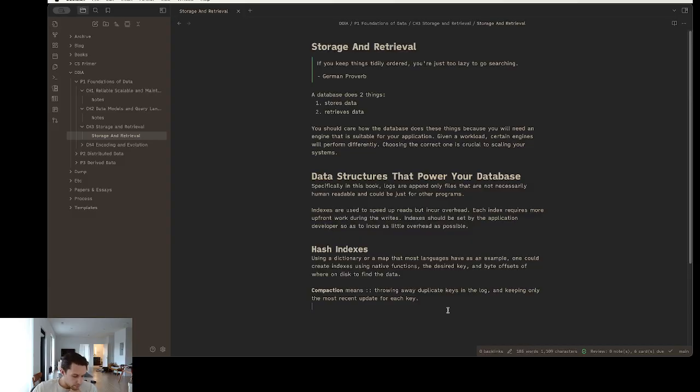Each segment now has its own in-memory hash table, mapping keys to file offsets. In order to find the value for a key,